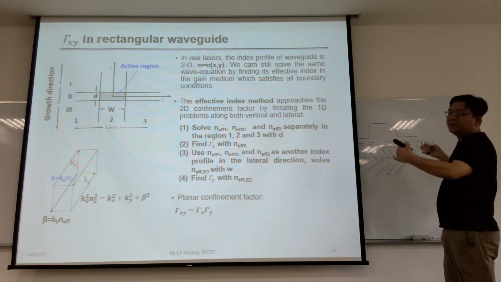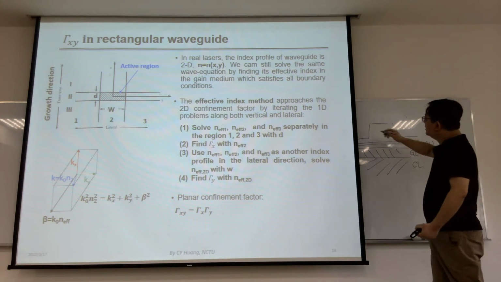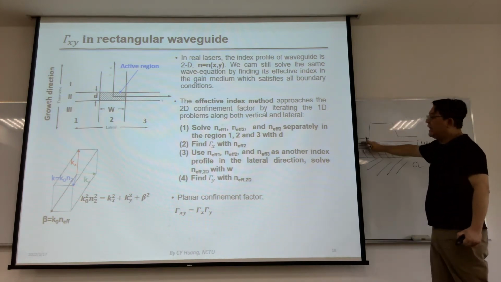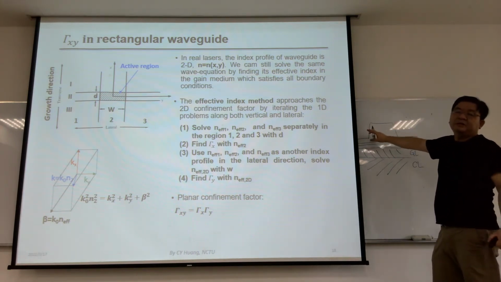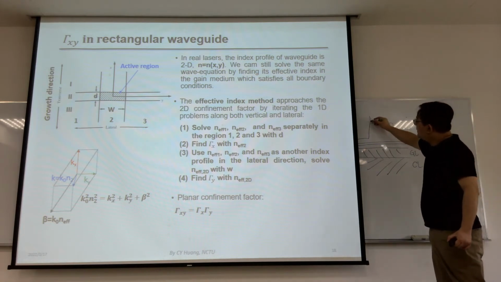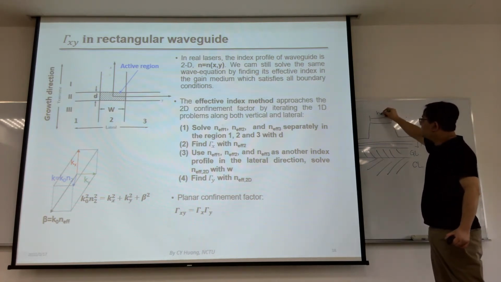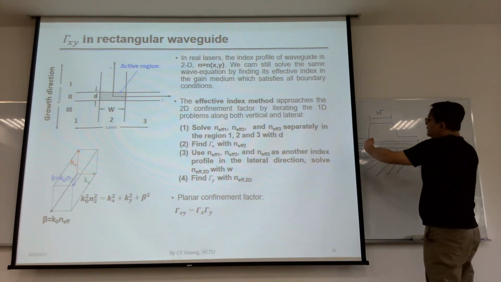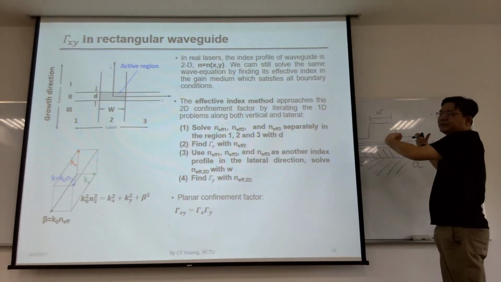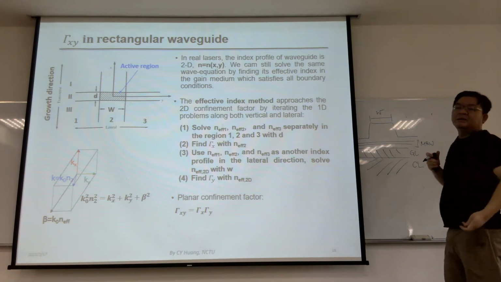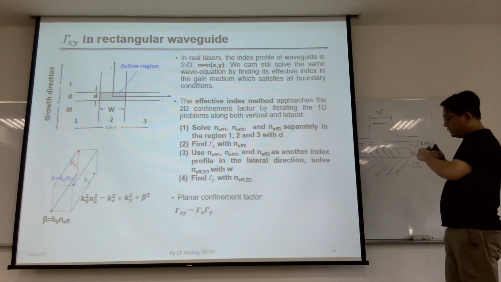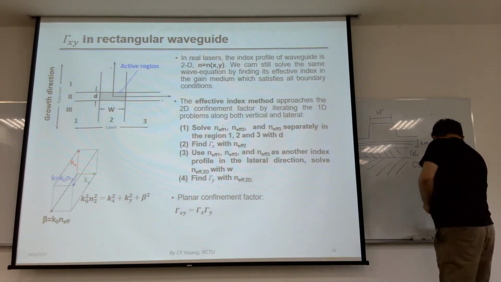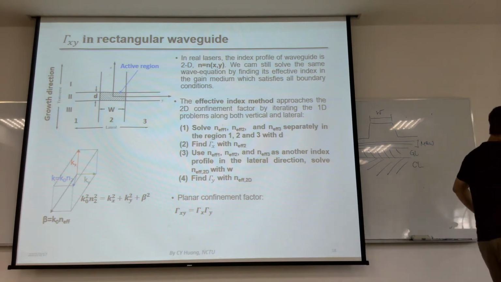However, we want the light to be focused in the center. So we intentionally etch the material at the side to keep a finite width at the top. So the light can be squeezed in the lateral direction. So in this case,